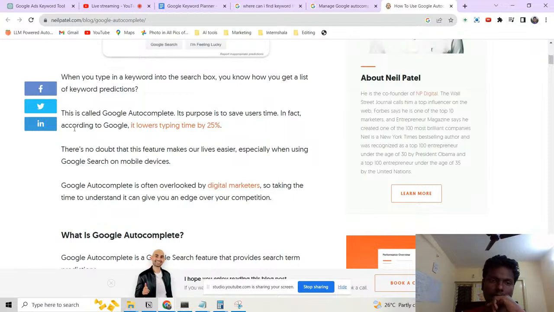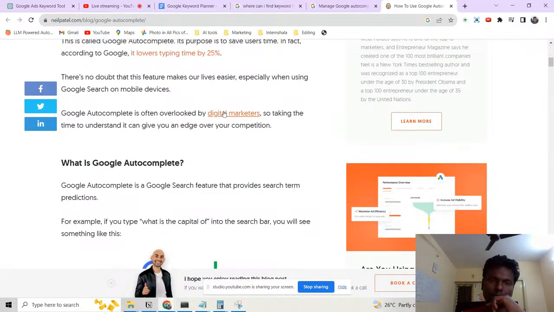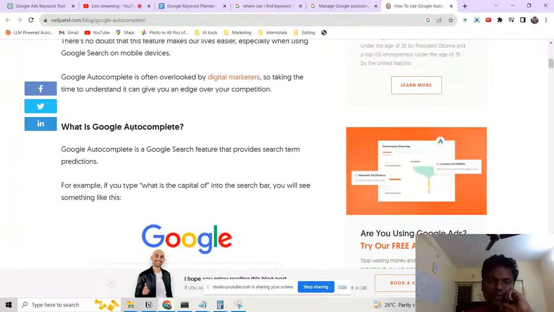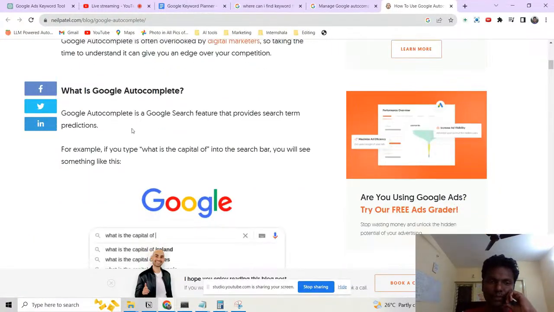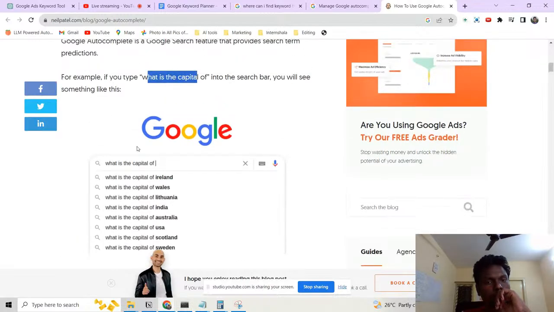There is no doubt that this feature makes life easier for web and digital marketers, so taking the time to understand it can give you an edge over the competition. Google Autocomplete is a Google search feature that provides search term predictions. For example, if you type what is the capital of in the search bar, you will see something like